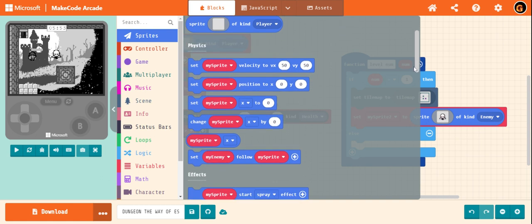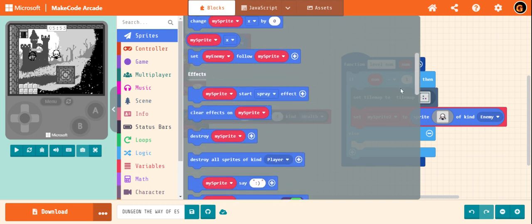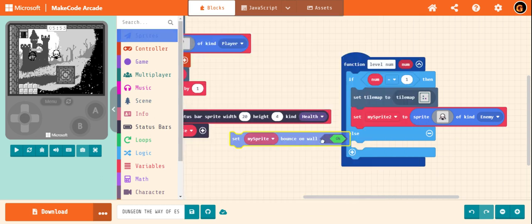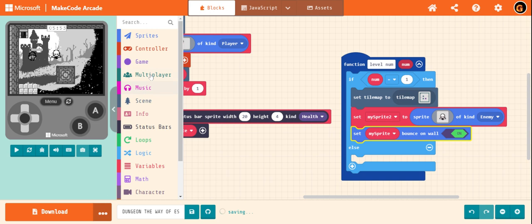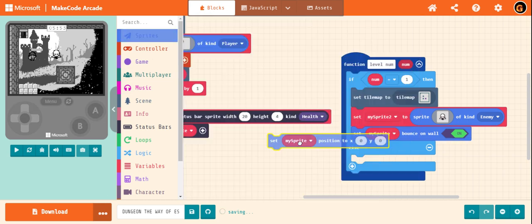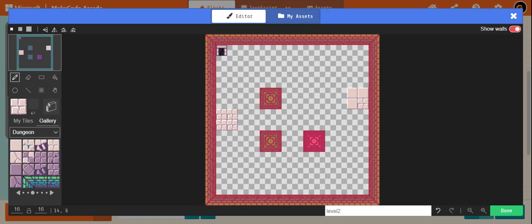Wait, wait, wait. Set my sprite bounce on wall. Then my sprite's set position here. We have to set the position. So this is his position. What? 13 comma 5.